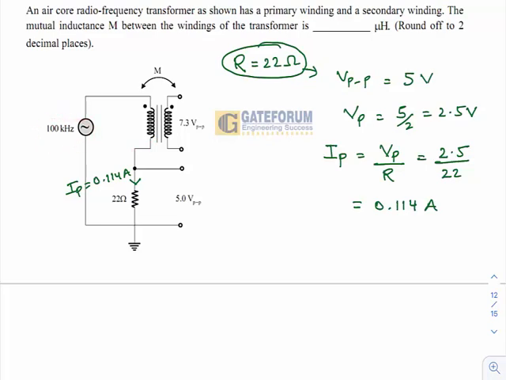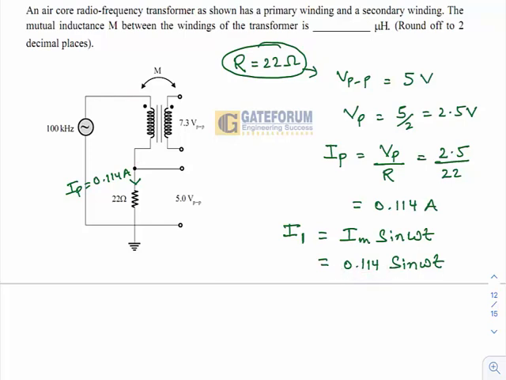And since this is a sinusoidal voltage source, the current flowing in this primary winding would also be sinusoidal. So the sinusoidal equation of the current of the primary winding would be given as Im sin omega t. But Im is the peak current that is known to you, maximum current 0.114 sin omega t. Okay, so the current flowing here is a sinusoidal current, with equation 0.114 sin omega t.